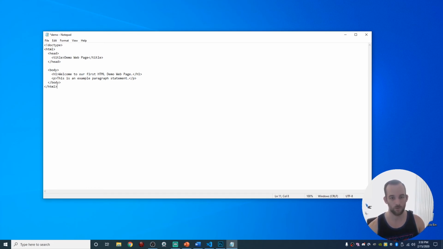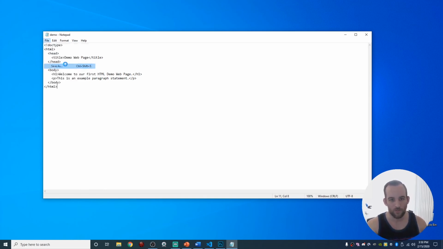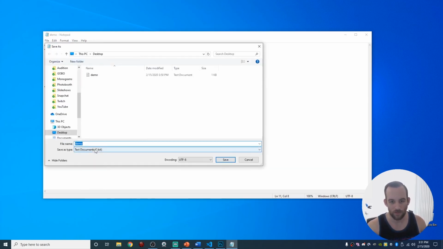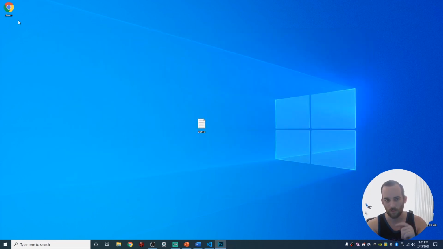Okay, so you can go ahead and save this. Just File, Save. Right now this is still a text file, so if we go to Save As, let's just say demo.html. As you can see in the top left corner, a new file appeared on my desktop. By default, I use Chrome, so that's why it's the Chrome symbol. So now if we open this,